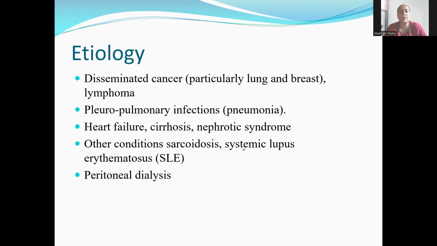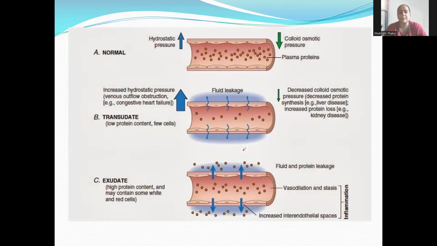If the patient is having heart failure, cirrhosis, nephrotic syndrome or any kidney disorder, in that case it is also seen. If the patient is having peritoneal dialysis, at that time the peritoneal cavity has an accumulation of fluid. The dialysis cannot remove the fluid properly from the peritoneal cavity, so that fluid passes to the lungs. Then with this structure, we can know